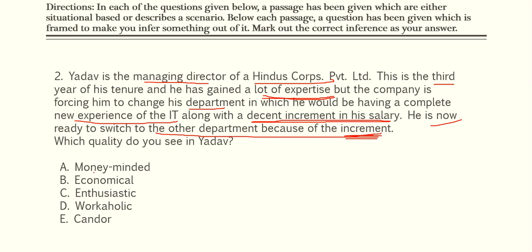Okay. Now let us have a look at the meaning of the words given in the options. Now I'm going from bottom to top. Okay. Let's start from the last one. So what is the meaning of candor? The word candor is an adjective. It refers to the quality of being open and honest. Right. Suppose someone is very frank with you, then the word candor fits. Got it? Someone who is being very open and honest. So, is any sort of trait of Yadav being mentioned here? No such trait of Yadav is mentioned here, that he is frank. So, this one is opted out.